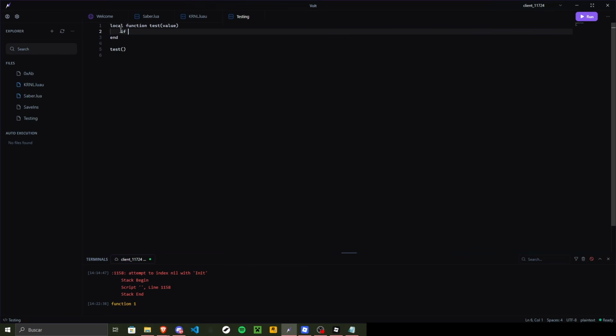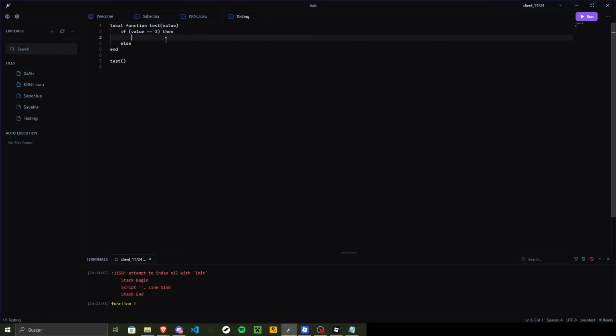statement. An if statement is like a question for the computer. It is going to check if something is true, and if it is true, it is going to execute the code inside. If it is false, it is going to fall inside the else statement. We can use only if, but for this example and to be complete, we are going to be using else as well. So let's say if value equals 3, then